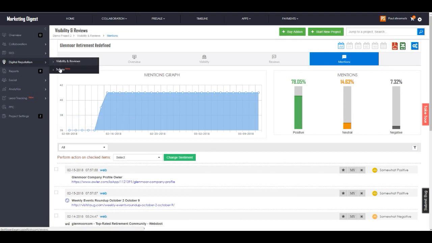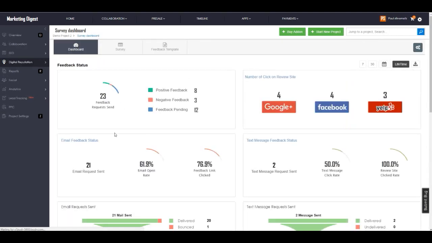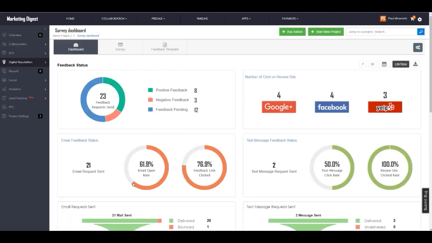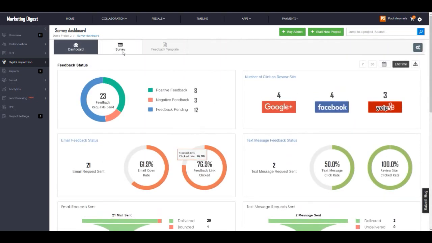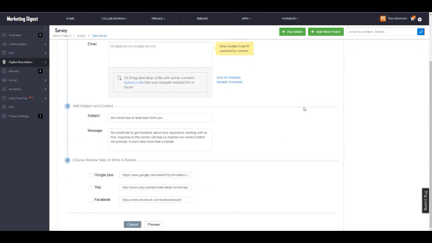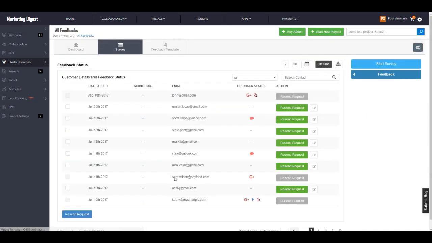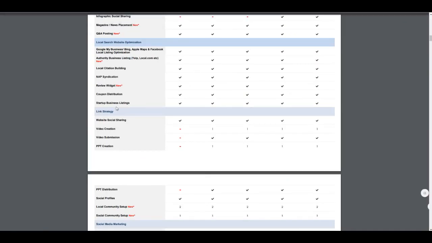But beyond that, on the review, digital reputation, of course, remember this comes with the ability to track reviews that you request, how many people responded based on uploading the client contact list, emailing them, text messaging them, asking them where to leave reviews, receiving the feedback, etc. It's a full-blown reputation management system that comes with your local SEO campaign. So it's more than just a review widget.